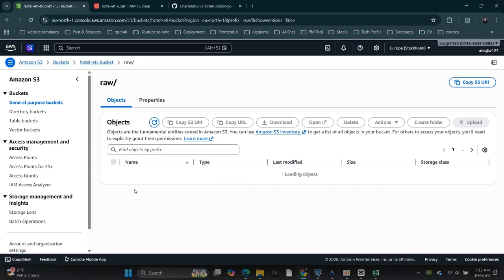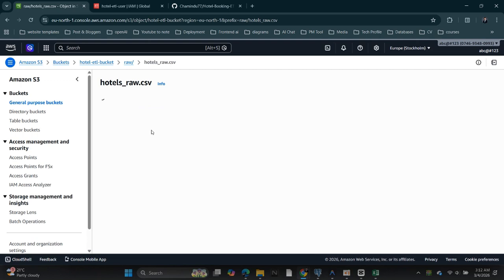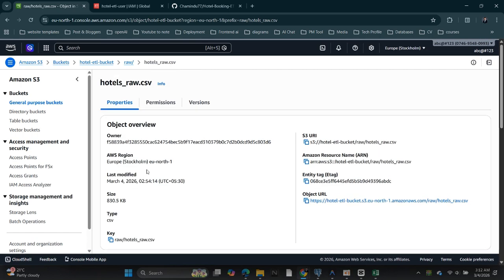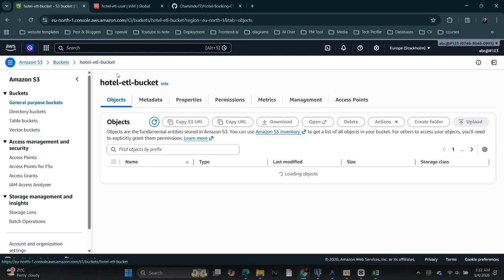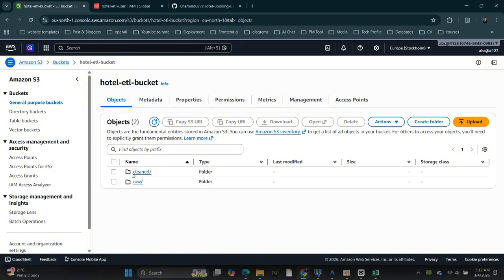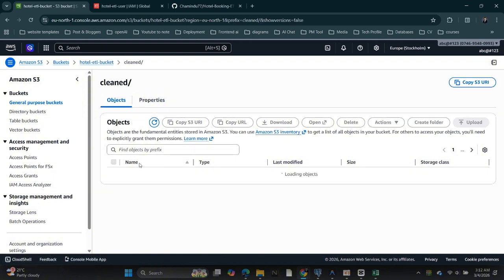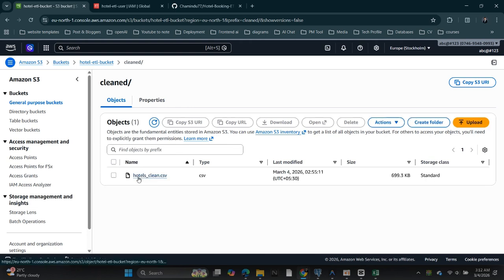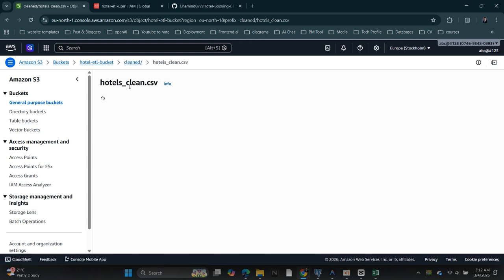This is important because it means we always have the original source data preserved, regardless of what happened during processing. The clean file was uploaded after the transformation. This can be used as an input for downstream pipelines or analytics tools like AWS Athena.